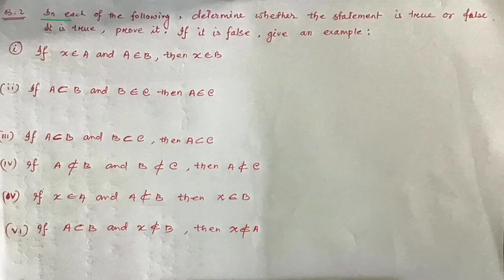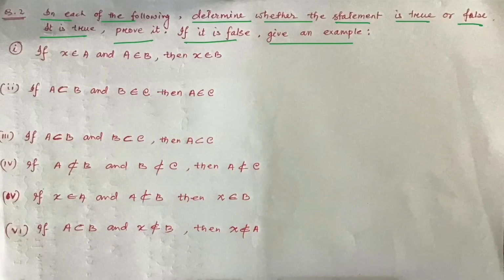In this question, in each of the following, determine whether the statement is true or false. Okay, if it is true, then prove it. If it is false, give an example. Okay, so first we need to determine whether these statements given here are false or true. If true, then we need to prove. If false, then we have to give an example supporting it. Okay, so first one, so here you see